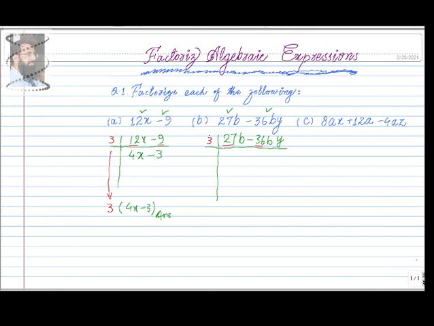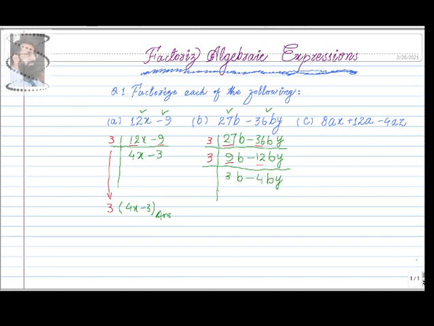the smallest number. So if we divide by 3, we find that 3 9s are 27, and b remains the same, minus remains the same. Now for the other term, 3 12s are 36, and b remains the same, and y remains the same. Now if we look further, we can see that 9 and 12 are still divisible by one number, which is 3. So we are again dividing by 3, and we find that this gives us 3 times 3 is 9, and b remains the same, and minus remains the same, and 3 4s are 12, and b and